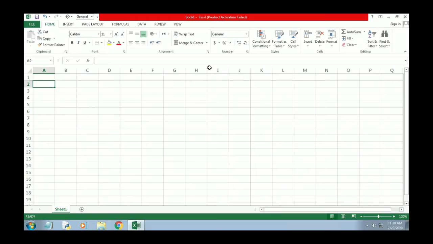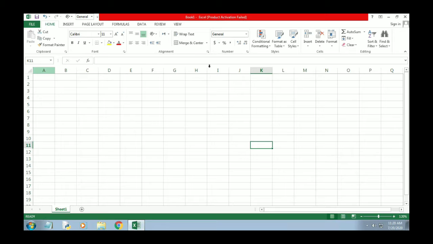Different boxes are also there in our sheet. These boxes are created where a row and a column intersect, and a tiny block appears. This tiny box is called a cell. The Excel sheet is divided into multiple cells.